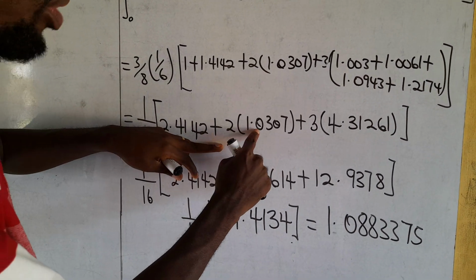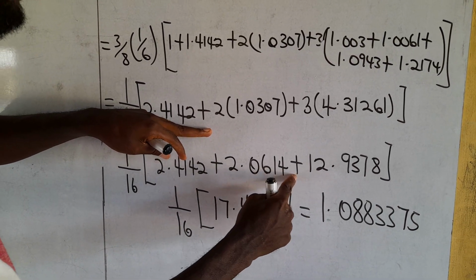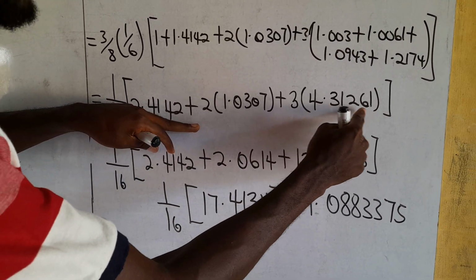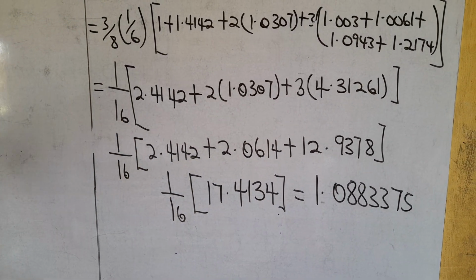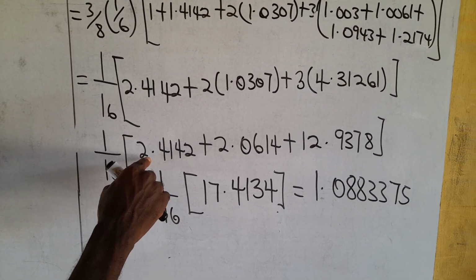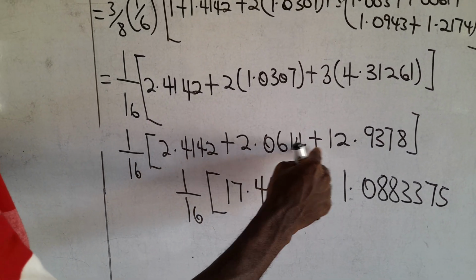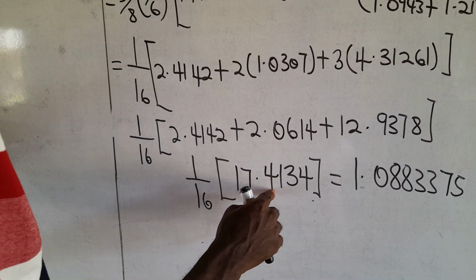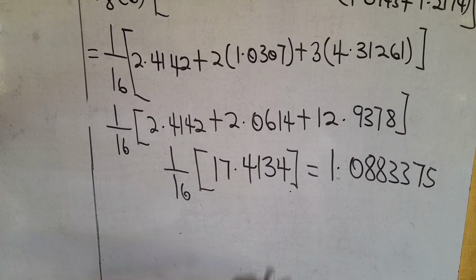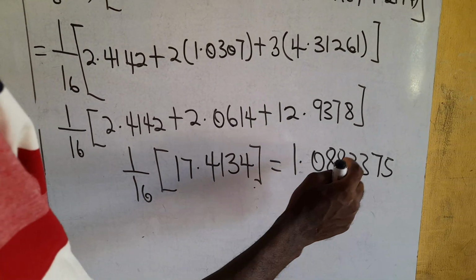And 2 times 1.0307 will give us 2.0614. And 3 times 4.31261 will give us 12.9378. When we add 2.4142 to 2.0614 to 12.9378, we'll get 17.4134. And we'll multiply that by 1 over 16, we'll get